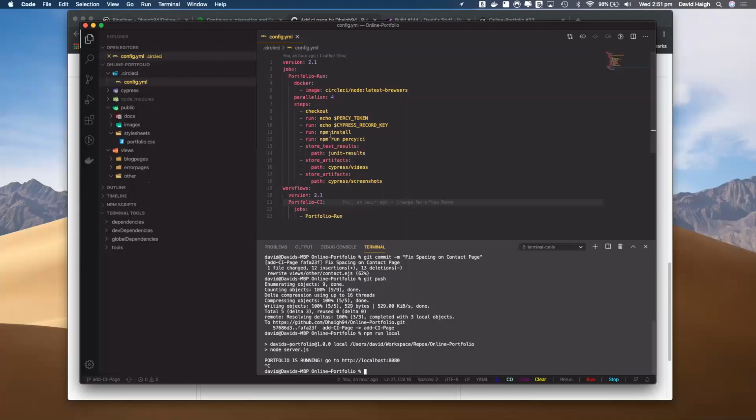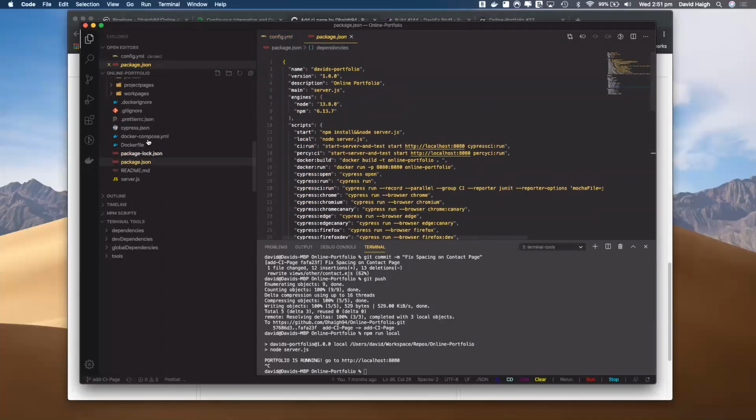And then the next step is it's doing an npm install, so it's installing all the dependencies for the project. We'll install Cypress, we'll install Percy, all the packages that I specifically got in my package JSON file. And then the next step is it's running a script called npm run CircleCI, which it gets from the package JSON file, which is